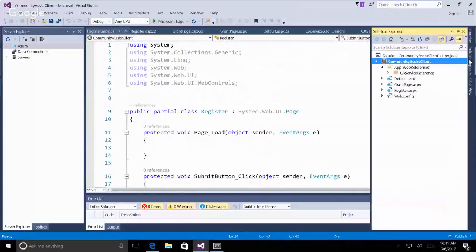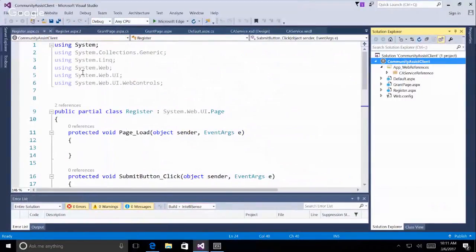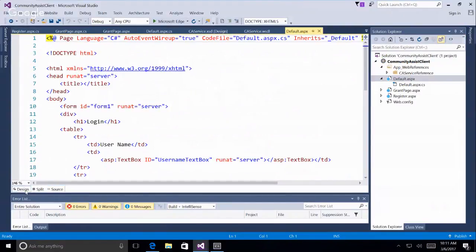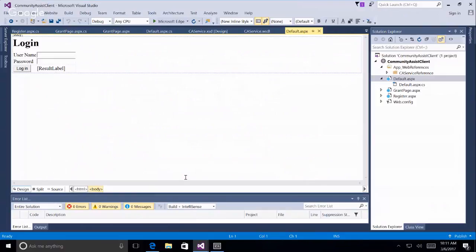All right, so when I do the Solution Explorer, let's get rid of that. What we have so far is the default ASPX, right? And if I go there, and I'm going to do it in design so you can just see it, it's basically just the login page, right? So the default is just the login. We have a register page,